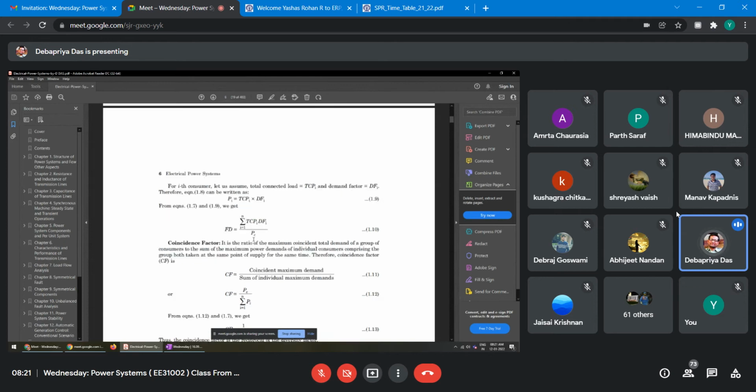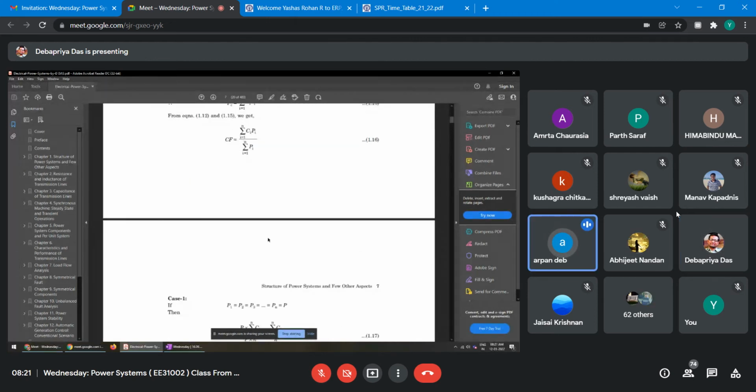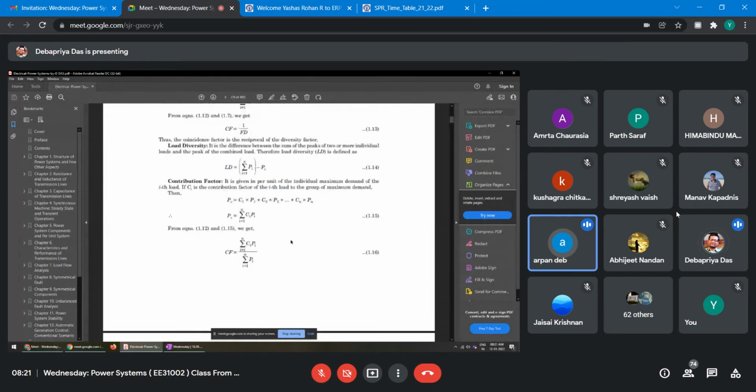So this is actually your coincident factor, CF, we are trying to relate with this one, right? So CF is equal to the sum from i equal to 1 to n of Ci Pi, upon the sum from i equal to 1 to n of Pi, right? Sir, tell me, how is the contribution factor found out? Because as you said, the contribution factor is